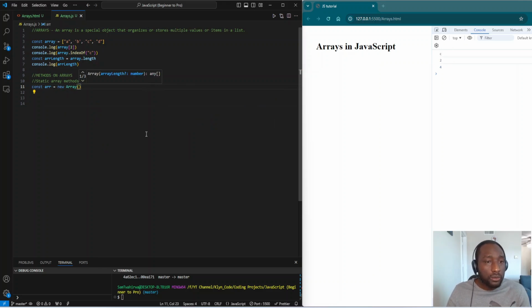So this new array calls the array constructor. There's the array constructor method which you can use to create an array. And for that, I can actually just put in maybe a name. Let me put in a random name. I'll use my surname. And if I'm going to create an array here using that,